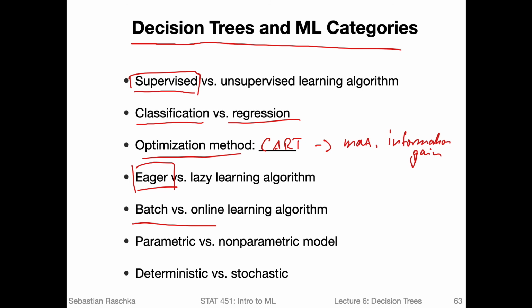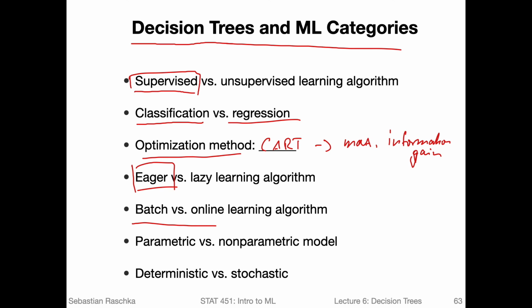You can think of linear regression, if you're familiar with that, and stochastic gradient descent. In that case, you can update the model parameters one at a time. So you have, for example, a new training data point. Let's say you have a web app or something and you collect one more customer and you want to incorporate the customer into updating your model. You can do that with, let's say, linear regression and stochastic gradient descent.